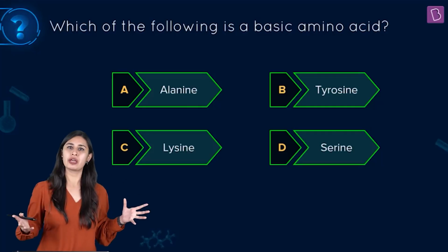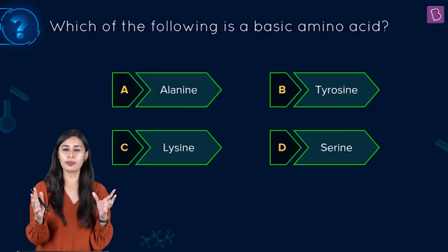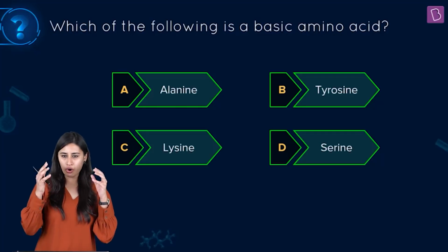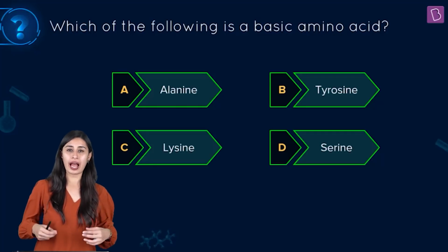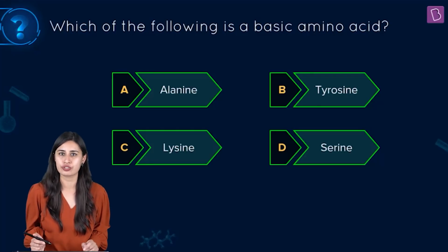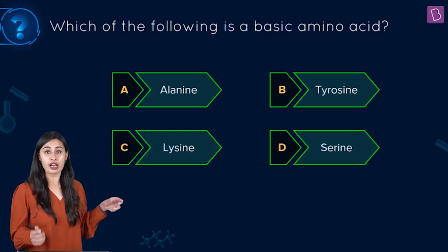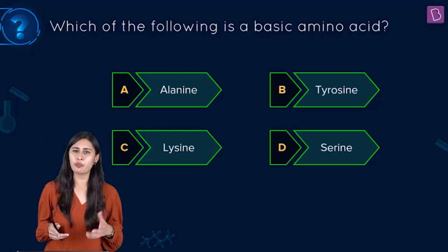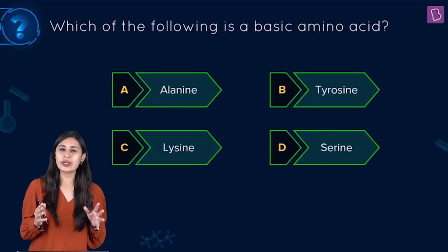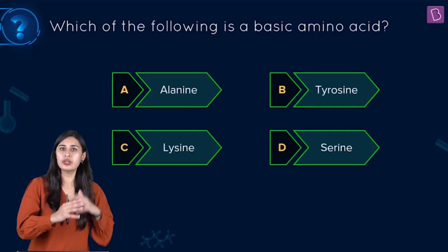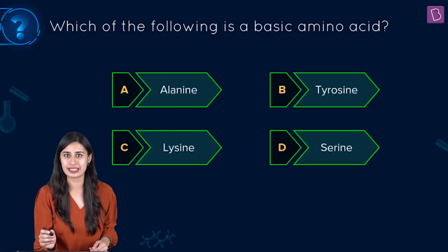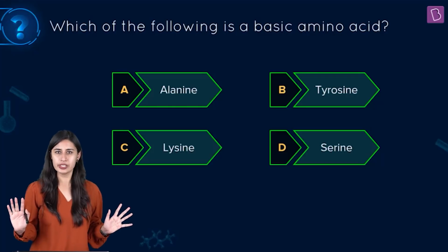Either you have a trick to remember that when I talk about amino acids, it can be acidic, basic, or neutral. So you already know the structures of all of them and you know which amino acid lies in which classification, right? So for this, of course, the knowledge of structure is very important, or there is some trick that you may remember. So I would always suggest you to remember the different types of amino acids by their structure, by writing and practicing. Okay, the logic is simple, right?